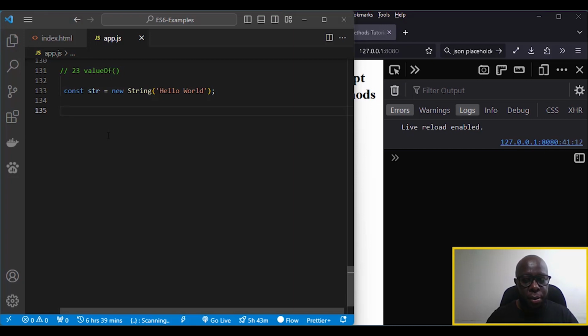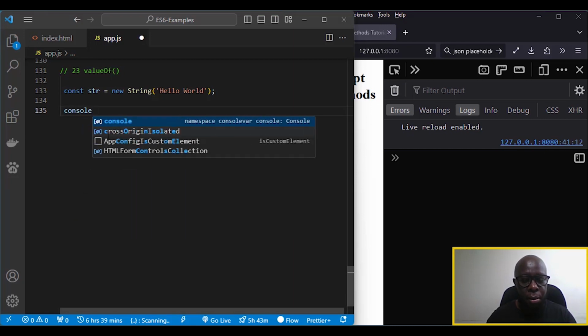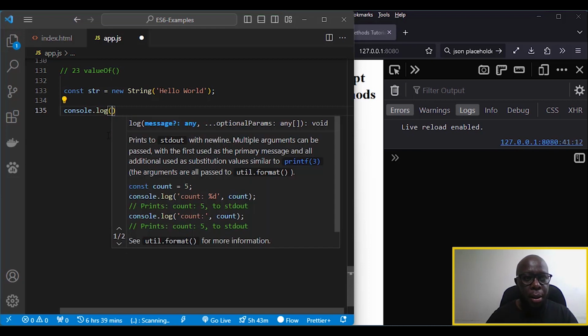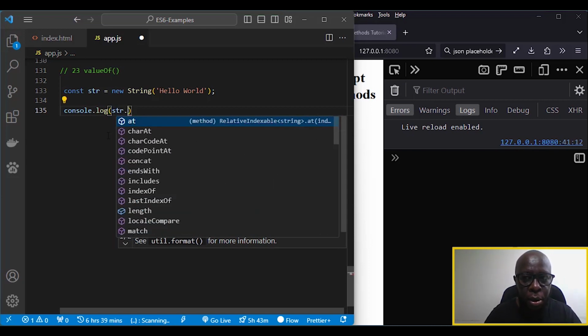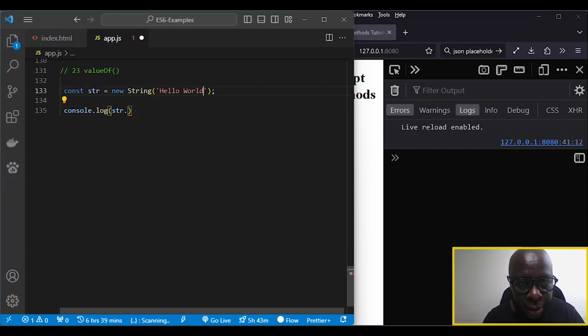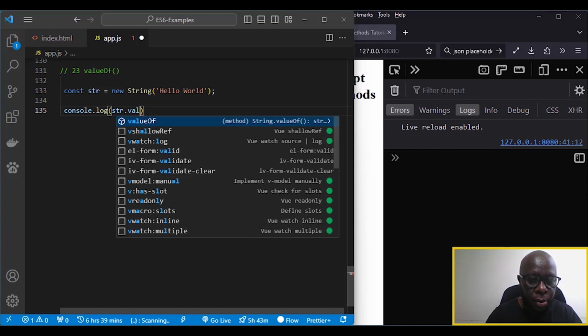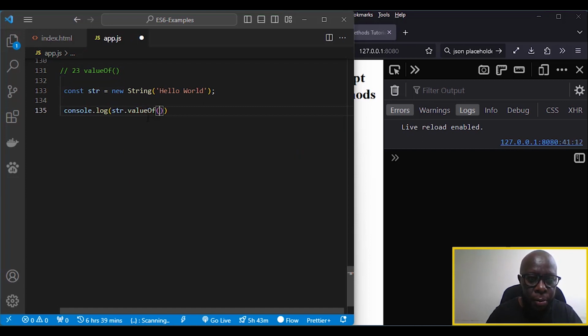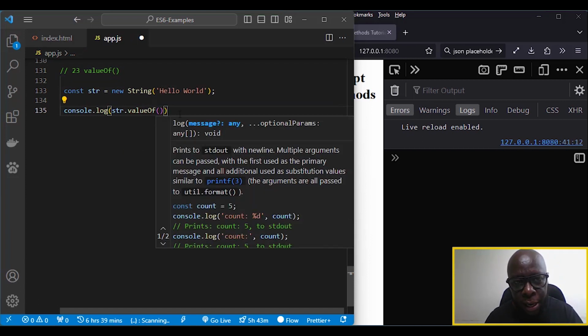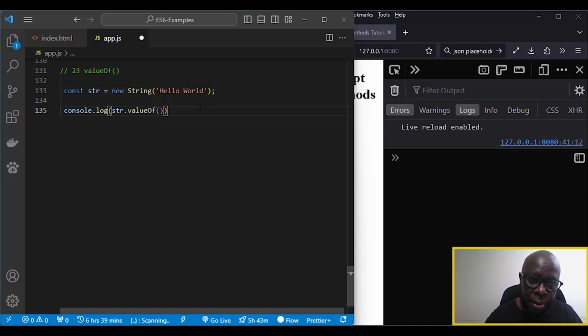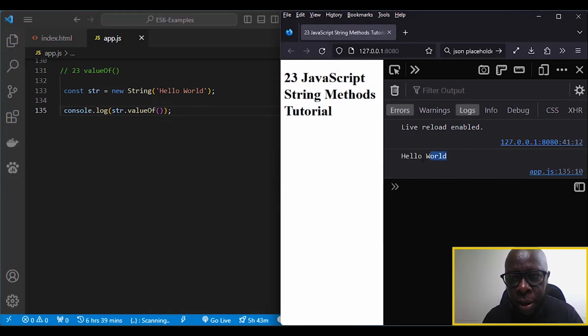So we can do something like console.log. Then we get the string dot, if we would like to get the value of this string, dot valueOf. Once we log that, we should get the primitive value of that particular string, and we get hello world. So that's it for the 23